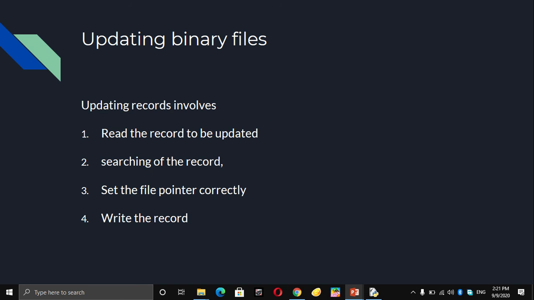Then we will search the record. After that we have to set the file pointer correctly, because here we want the record being written to overwrite the previous record. That is only possible when we put the pointer in the correct position. Finally we have to write the record.